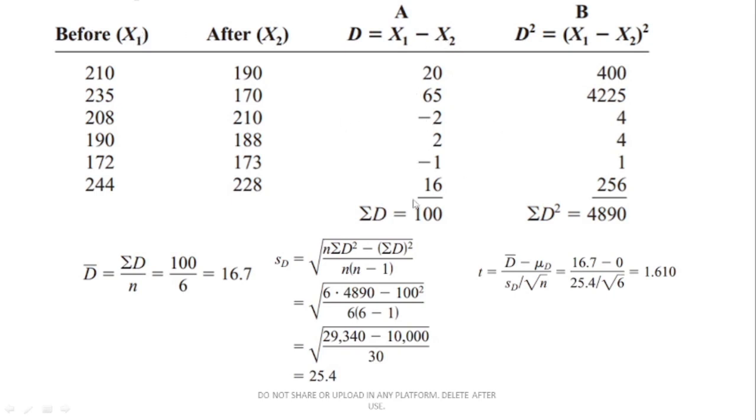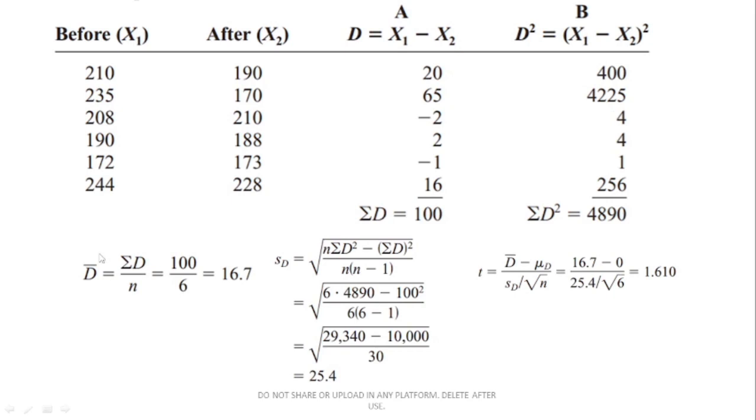And then, after that, just add them. Get the summation of the difference. And then, we square the difference, the difference of x2 and x1 that we got. So, that would be 20 squared is 400. 65 squared is 4,225. Negative 2 squared is 4 and so on. And again, we get the summation of them. So just add all of those to get this